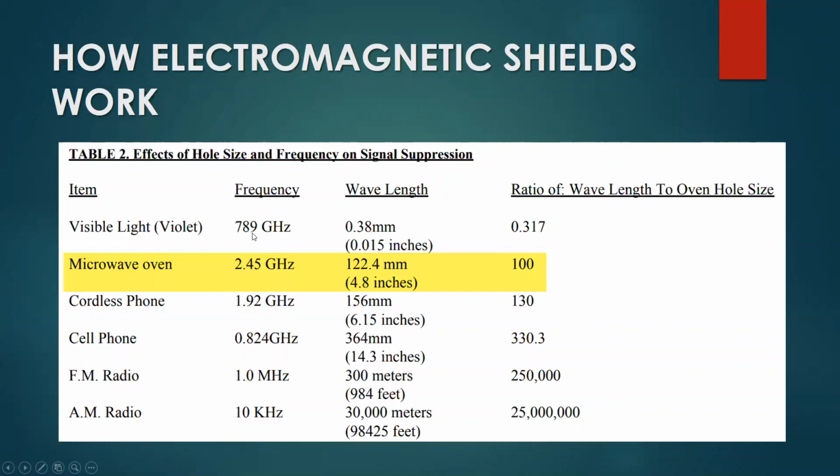Look at the frequency of visible light, 789 gigahertz, and that's on the violet end. And look at the microwave oven wavelengths. There's a frequency of 2.45 gigahertz, the ratio of 100. That's why if you put your cordless phone in there, your cell phone or FM radio or AM radio, more than likely, especially on the cell phone and the FM and AM radio,